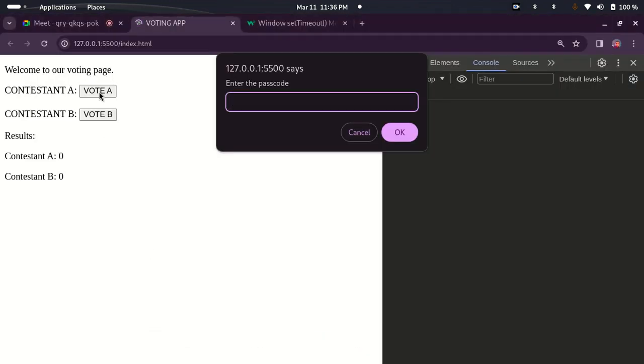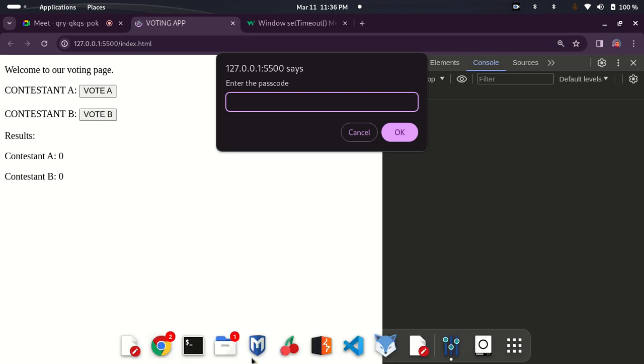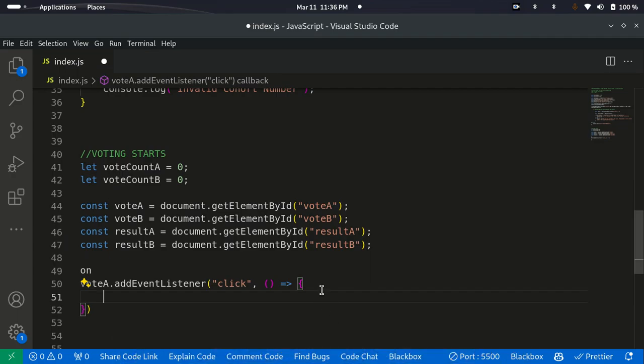When you click on this button, what should happen? That means you have voted. This should be 1. If you click on this, you have voted for B. B should be 1. If you click on it again, you have voted for A. A should now increase again to 2. So what we are saying is, when you click on this,